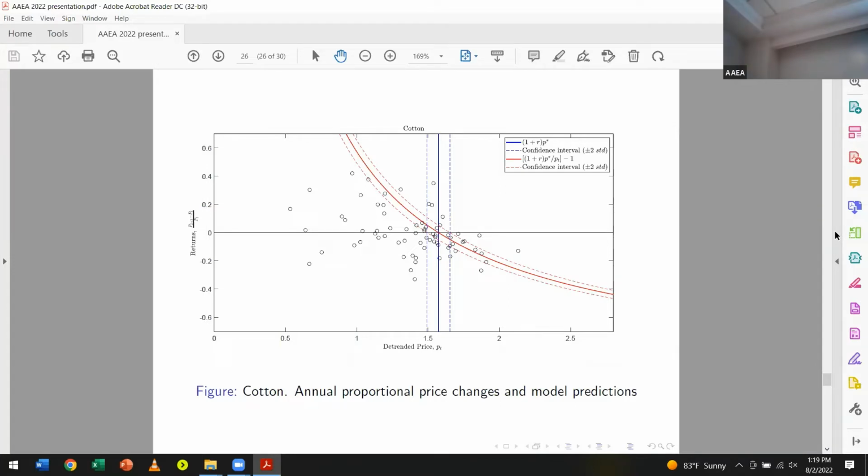vertical line is the return, the percentage change in price from period T to period T+1. So then in the first part of our data, we have that the expectation is zero. The expectation of price change is zero. Of course, that doesn't imply that the price change is zero, just the expectation, right? So here we see what we were talking about, prices up and down, variation, but on average, very close to zero actually. And then from here on, this red line here, the main curve, is our conditional expectation, but